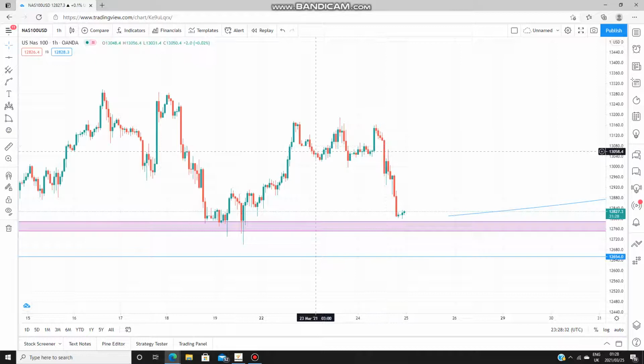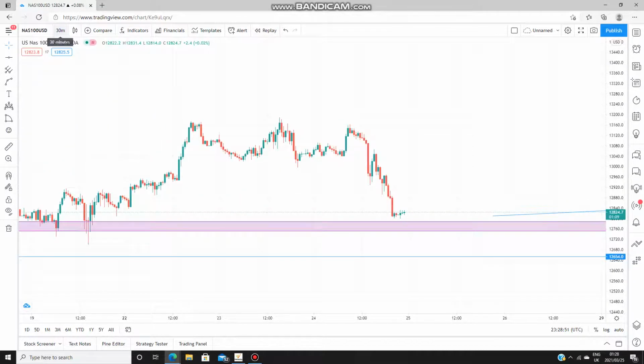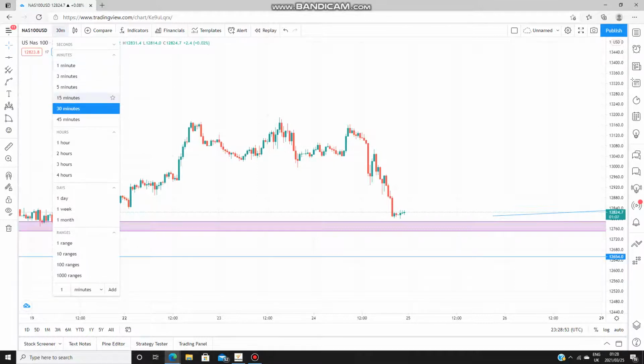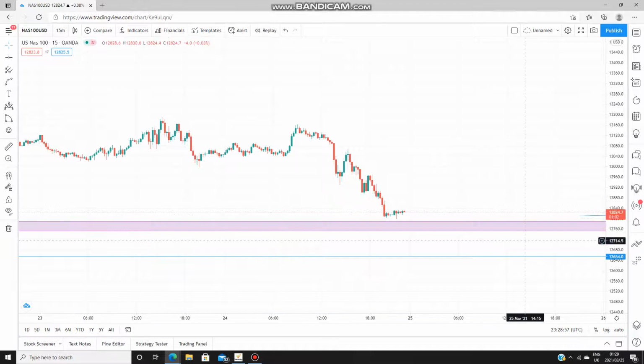As you can see, guys, we had an impulse, then we had this corrective phase, then it dropped, it changed, it lost its momentum going upwards, and then it fell down. It shot down, and then we can go down to M30. M30, same thing. It's still moving slow. It's the Asian session, so it's quite slow. M15, same thing, quite